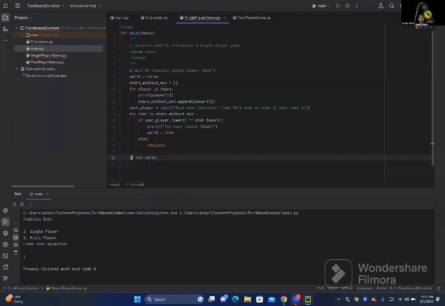So I'm saying if whatever I put is not valid, then you want to do this. And what we're going to do is say print. So if we didn't choose a valid character, it's going to print you have chosen an invalid character. Invalid with one L. You have chosen an invalid character,